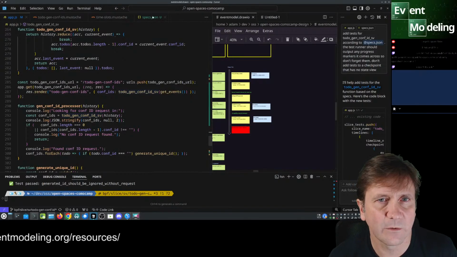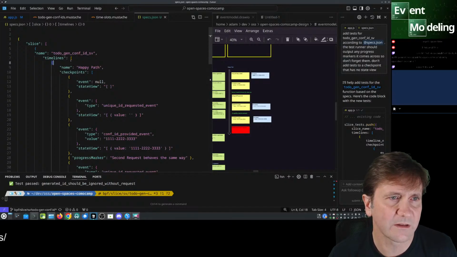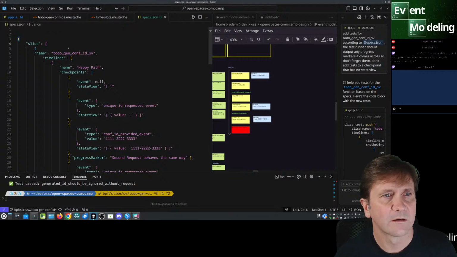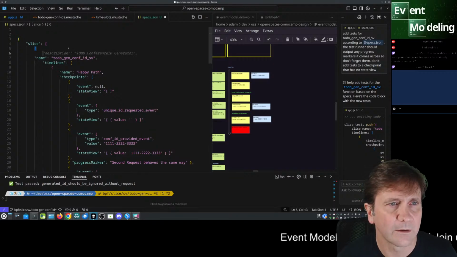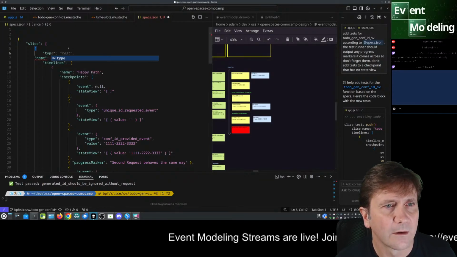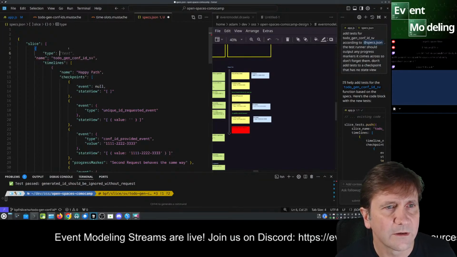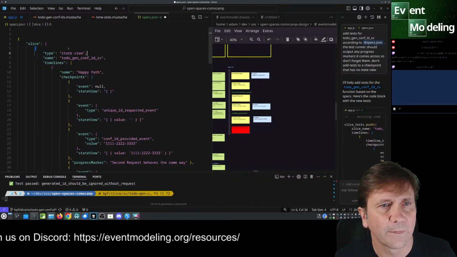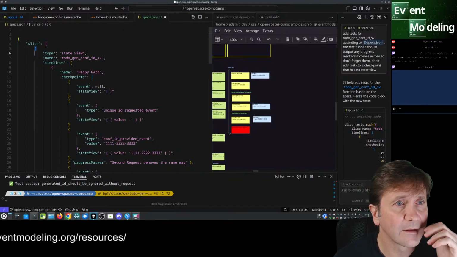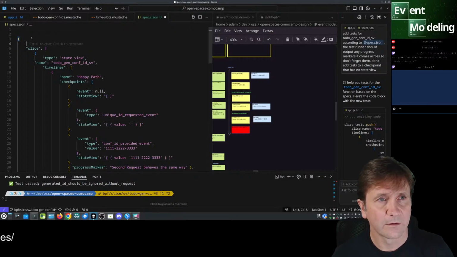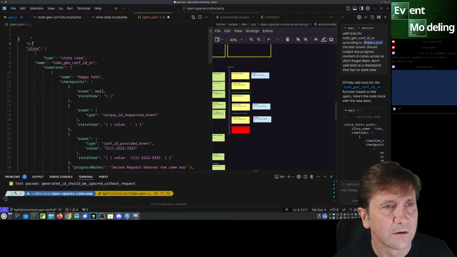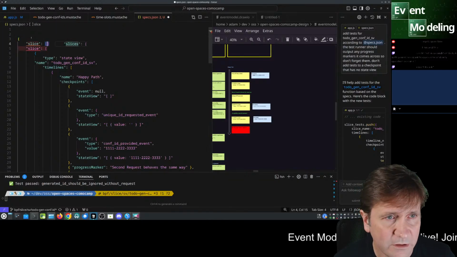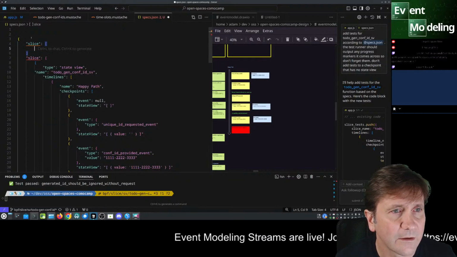And so one of the things that I want to make sure we have is when we do specify this, we have a slice, but this will be a state view slice, and maybe a type here, right? And this will be state view, right? That's what we want. And there we can have, you know, another slice here. And here, because we already have the implementation, we should probably finish the tests for this.